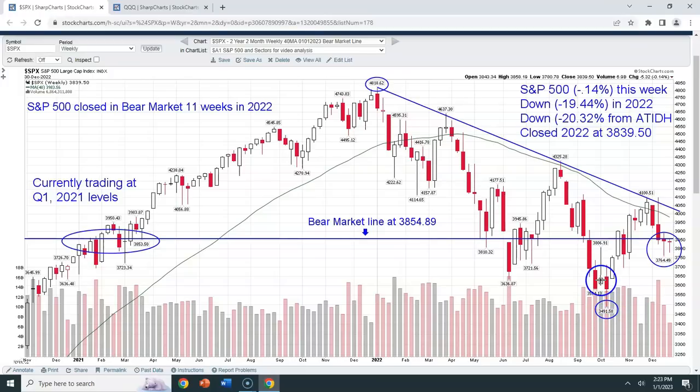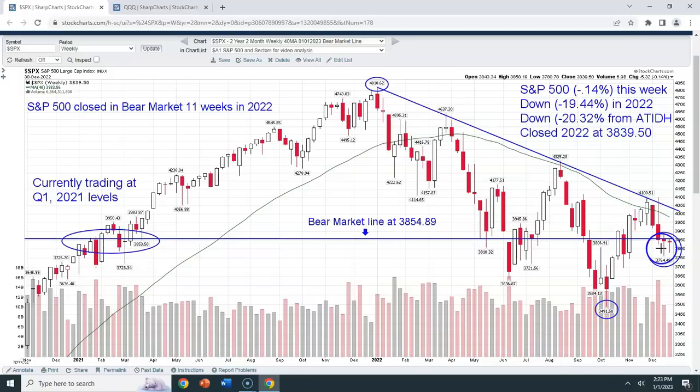And then, of course, we had that intraday reversal, and that set up a 10-week counter-trend rally that peaked at 4,100.51, and then we got rejected there and at this downtrend line, which connects the wicks of the candles. You can see clearly we just keep touching and maybe barely exceeding these levels. But since the 4,818.62 all-time intraday high on January 4th, we've been consistently rejected at this downtrend line.